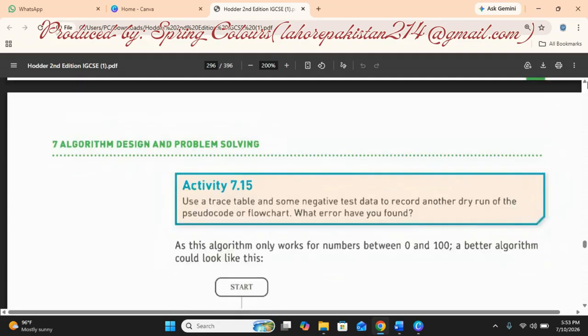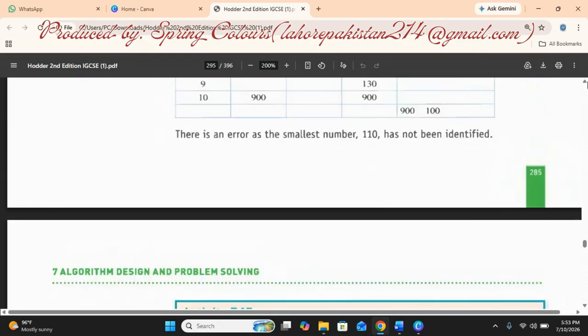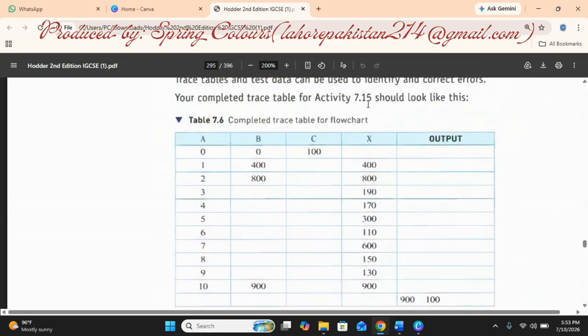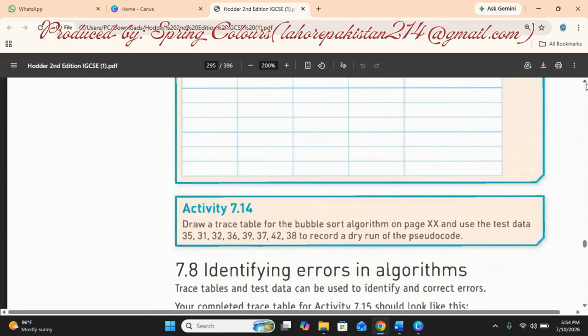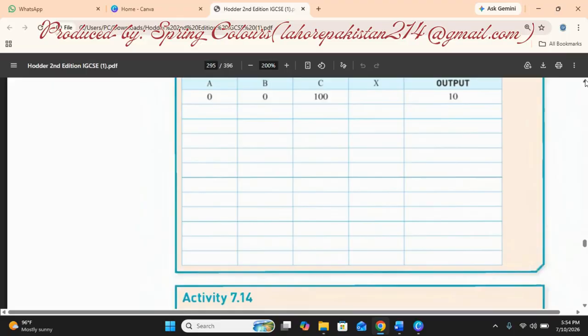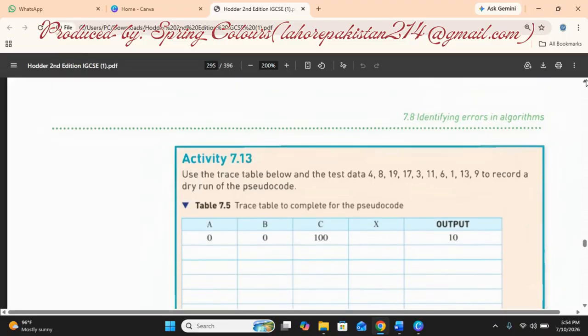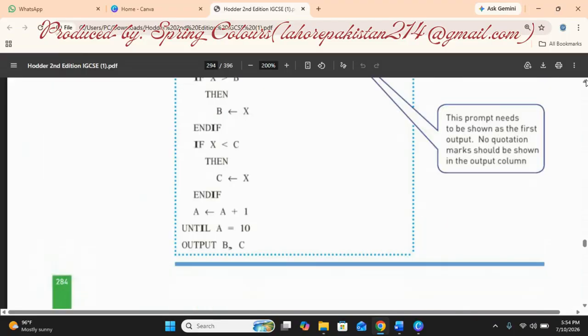This activity is talking about the trace table that was given on the previous page. This trace table was basically checking out the largest and smallest values of a given set of numbers, and this activity is also related to the pseudocode which was given on page number